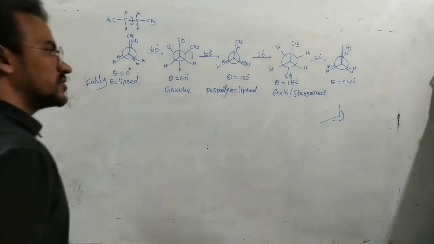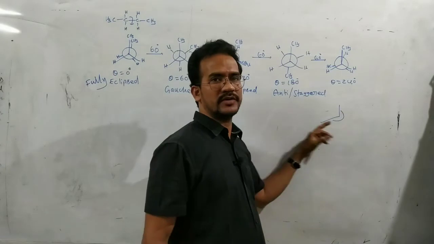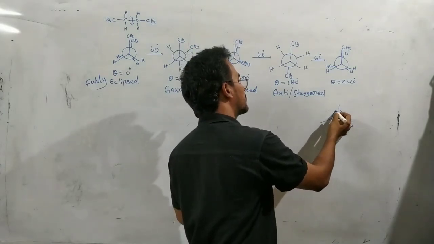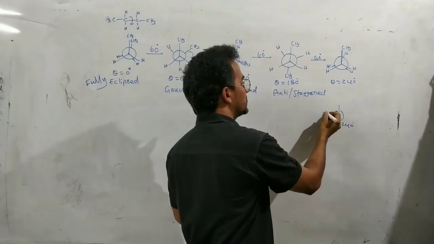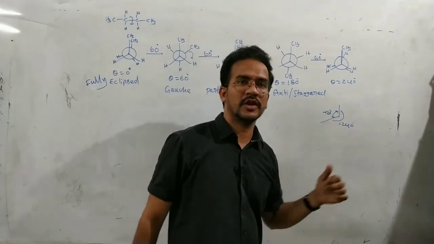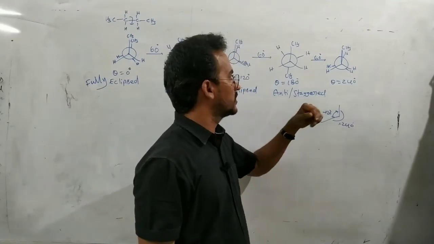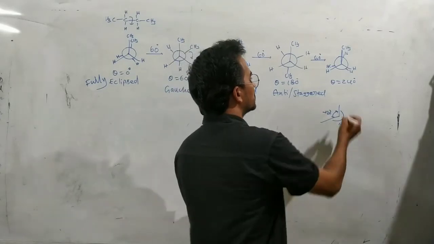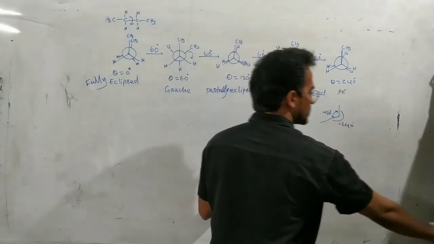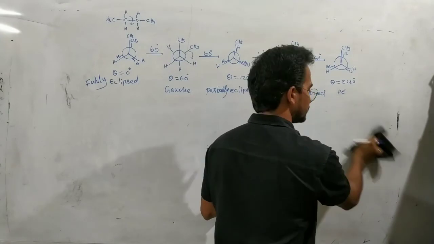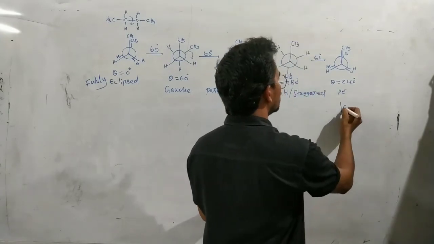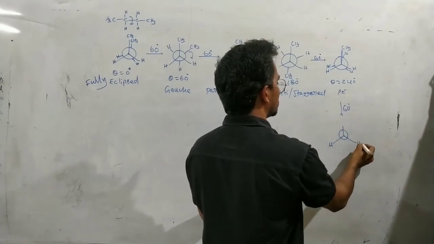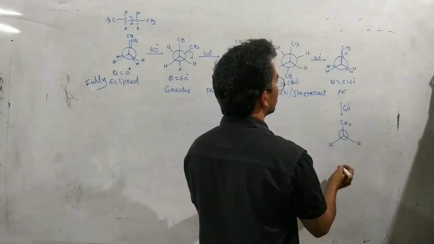Okay. See this one. Here the dihedral angle is 240. That means here you can say 240 degrees or in this case minus 120 degrees. Okay. In the opposite direction minus 120. But the dihedral angle is generally said to be 240. So again it is a partially eclipsed conformation. Partially eclipsed conformation.